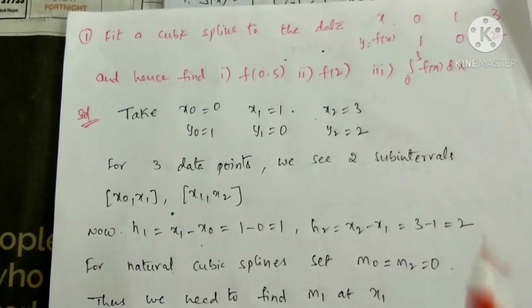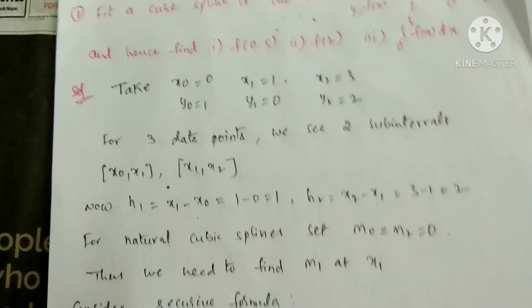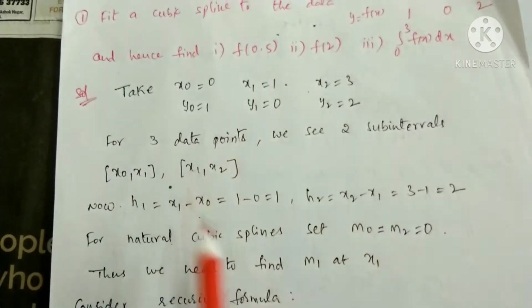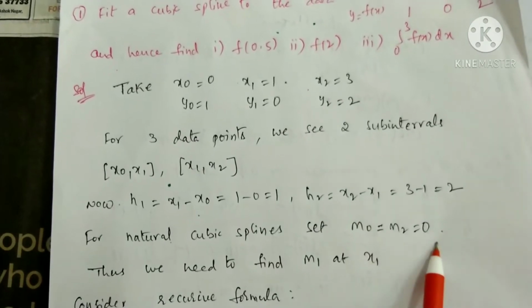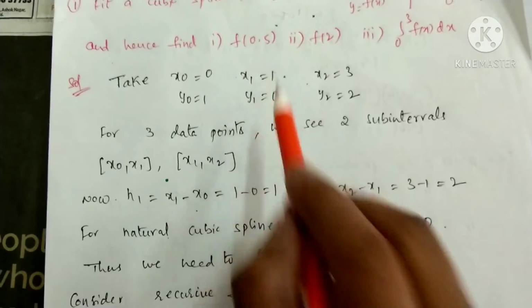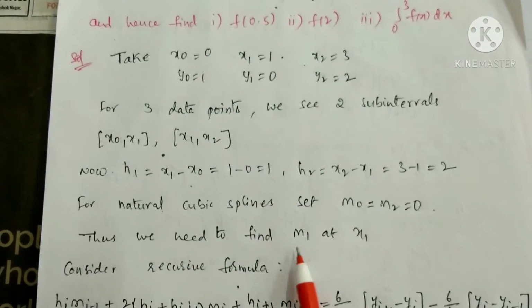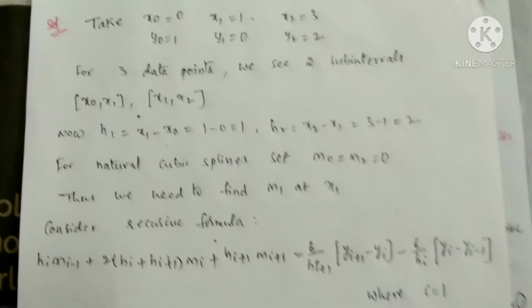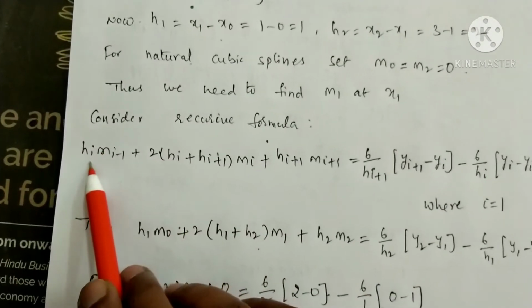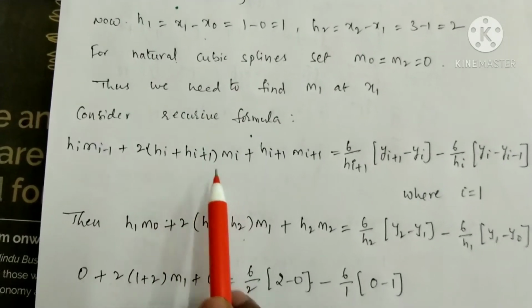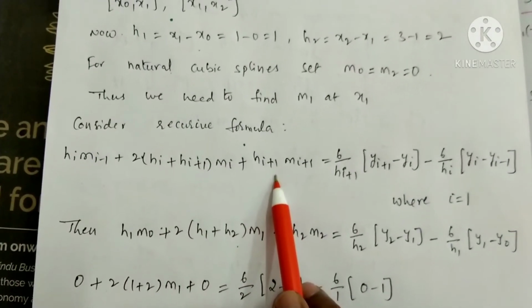Now we have to set the condition for natural cubic splines. The starting point is x0 and the ending point is x2, so we have to set m0 and m2 as 0. In between we have only one internal point. At this point we need to find the m value, that is m1, for which we need to consider the recursive formula. The formula is hi m(i-1) plus 2 into (hi plus h(i+1)) into mi plus h(i+1) m(i